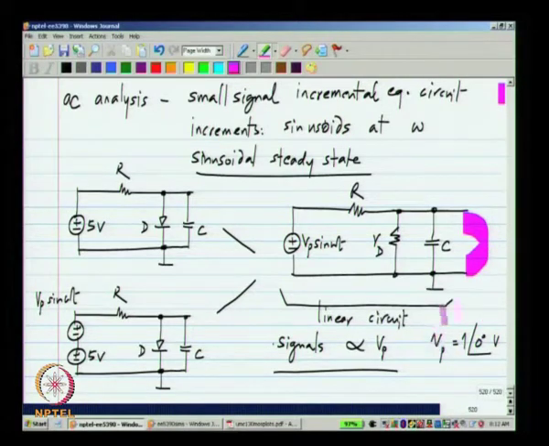Okay. So, that is a very convenient value to use, and because this is analyzing a linear circuit, the size of V p does not matter. Okay. It is already assumed that V p would be small and you have got the linear equivalent circuit. So, whether you apply V p of 1 volt or 1000 volts, the output will simply change in proportion. Okay.